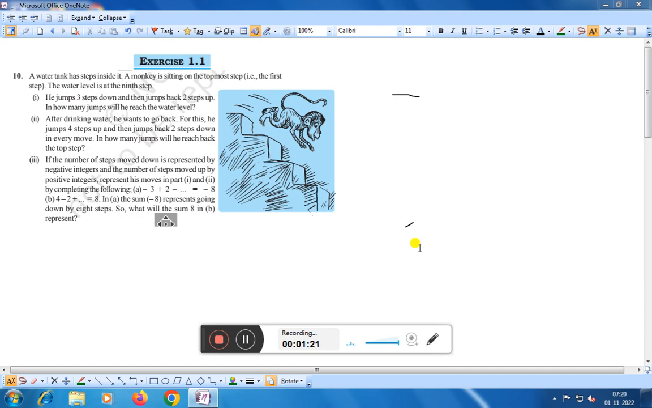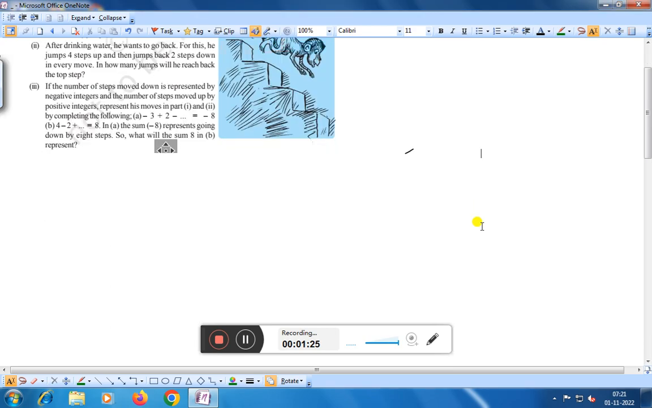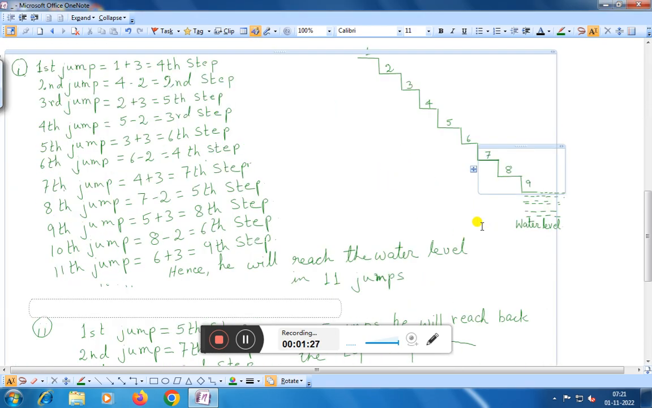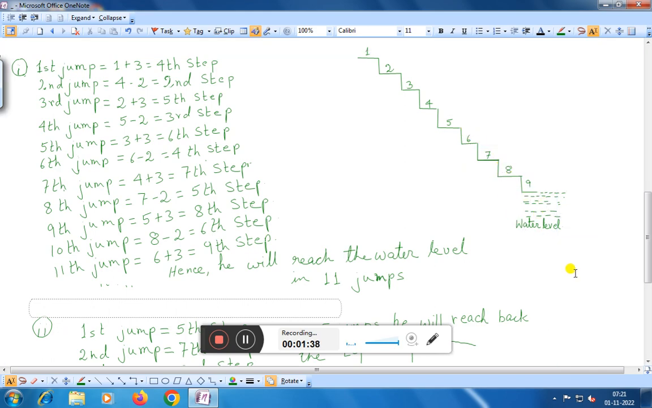Here, let us draw the steps first. These are the various steps, right? First step, second, third, fourth, fifth, sixth, seventh, eighth, ninth, and this is the water level, right? Now, in the first jump,